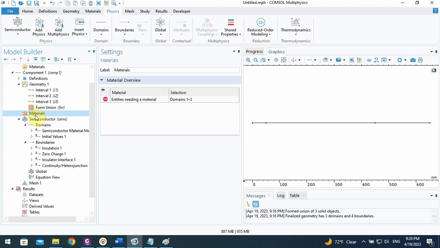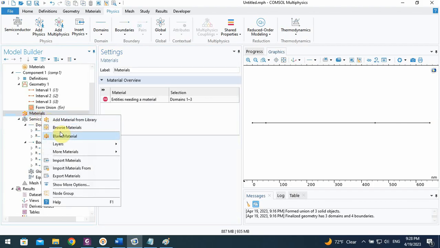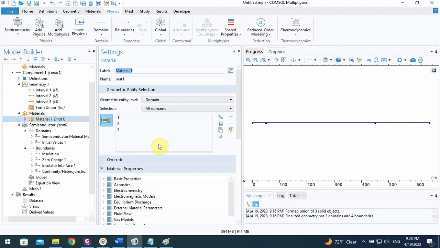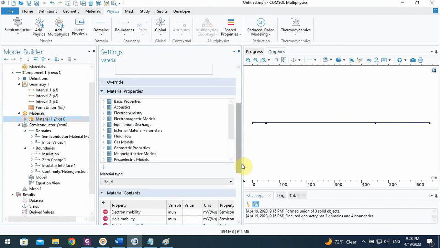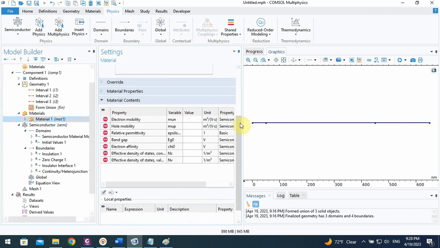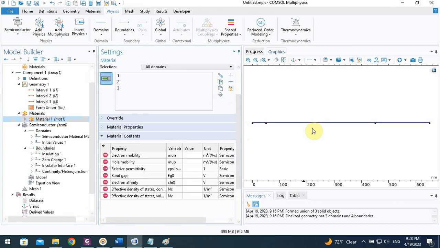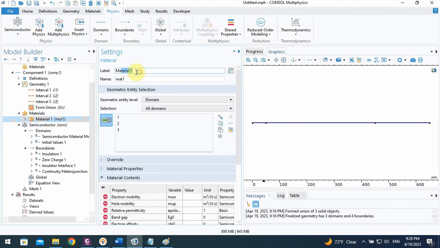From the materials, I can choose the blank material and the Spiro material. I can choose each of the materials